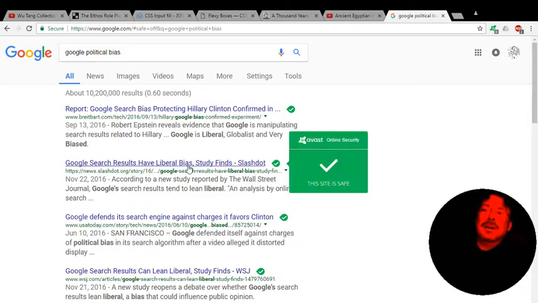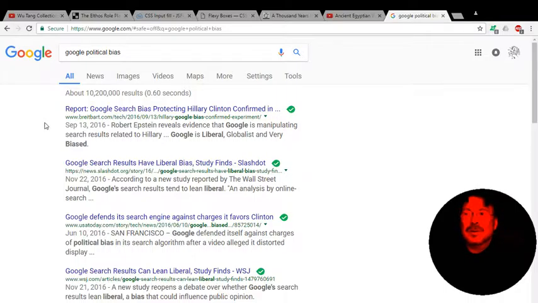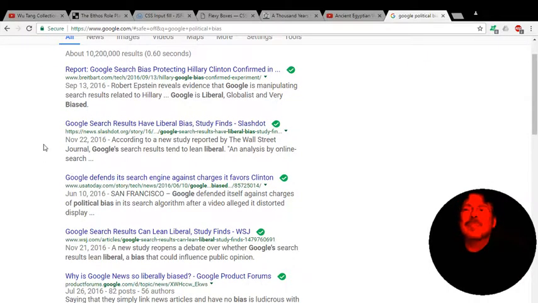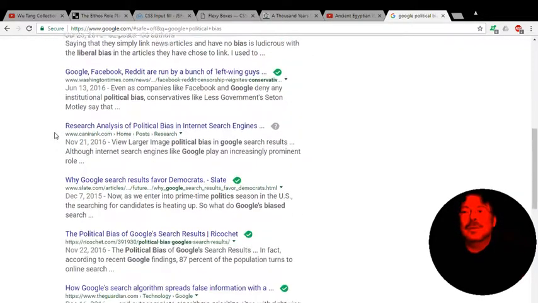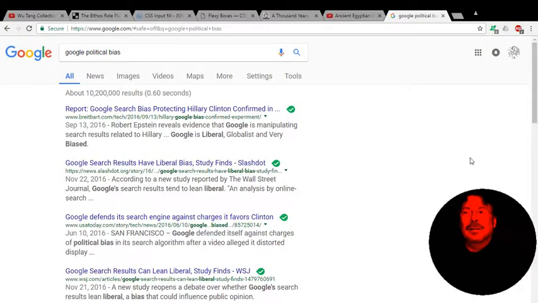So, and the first one is this Breitbart report, and sure, some people are going to say, oh, it's Breitbart, therefore it's evil, so you can't read that, so let's just skip over. Okay, Slashdot. I don't think that they're like Breitbart. Okay, what do they have to say? Google researchers have liberal bias, study finds, etc. If you go down this list, and we can go down the 10 million hits if you want, I'm not interested in doing that, but the point is that I think the construct is wrong. It's flawed, it's broken, and